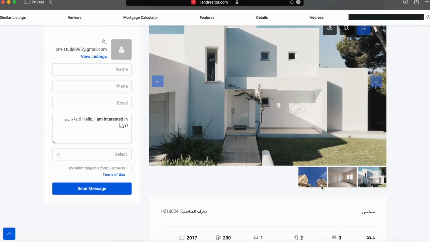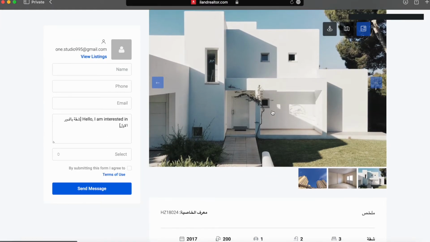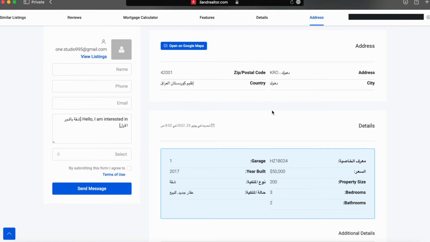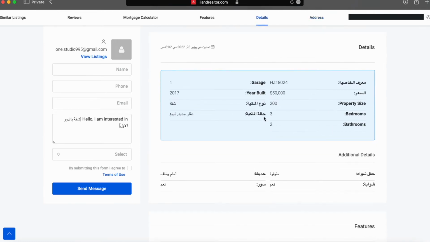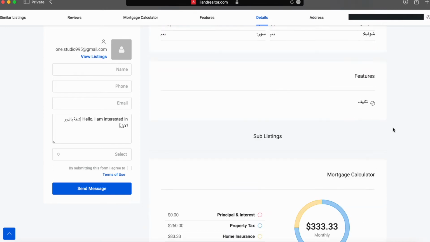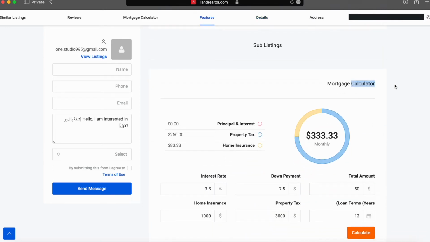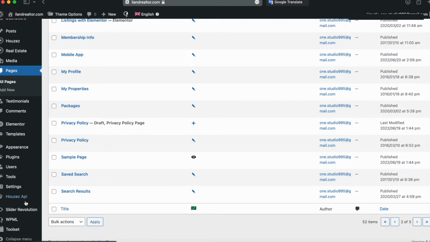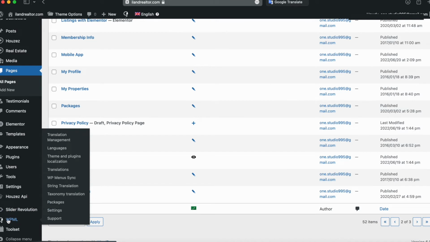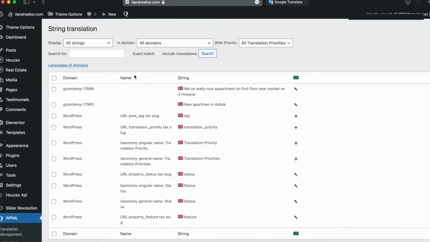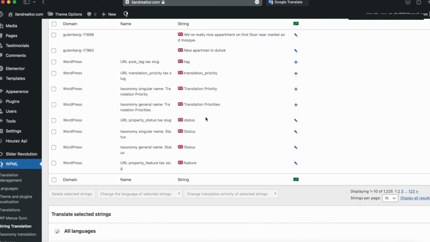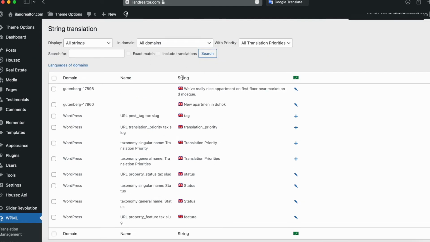So how we can fix these? Most of the things were translated, but we see here and there are few things that needs translation. And how can we translate those? We can use the string translation feature of the WPML plugin. Here we can go into string translation, and we can see there is a section that shows string in English,